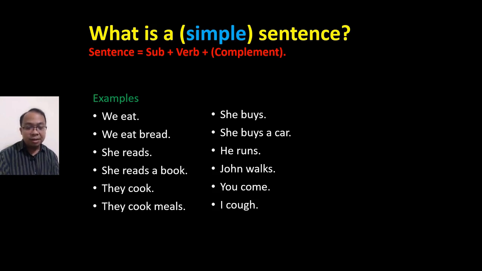A complement can be an object of the verbs. You see, however, in some sentences, the main verbs do not need objects, and then we do not have to give objects to those verbs, and they can make sense by themselves, such as in the example of he runs, John walks, you come, and I cough. In these examples, all the verbs do not need objects, and they can have complete meaning by themselves,